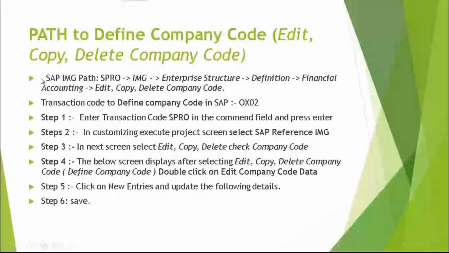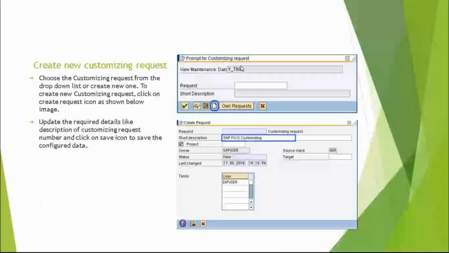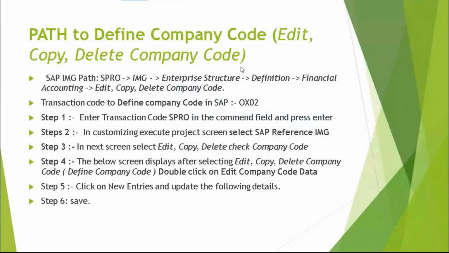So the T code of this is OX02. Define company code T code is OX15. So these T codes are very important and you need to practice them as well. Whenever you go for an interview or a job, they will also ask you about the T codes, the transaction codes, because in real time nobody goes through the path, they always go in the form of T codes itself. So define company is OX15, define company code to company is OX02. So we'll do this one